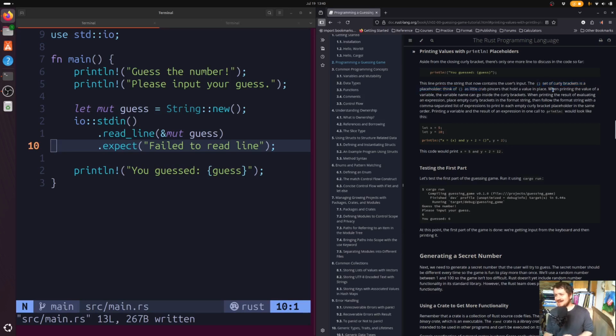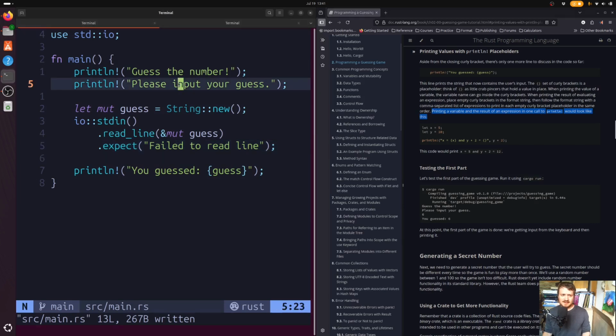Okay, so when printing the value of a variable, the variable name can go inside the curly brackets. When printing the result of evaluating an expression, place empty curly brackets in the format string. Then follow the format string with a comma-separated list of expressions to print in each empty curly bracket placeholder in the same order. Sounds good. So printing a variable and the result of an expression in one call to the println macro would look something like this. Yeah, okay. So if I just quickly override,